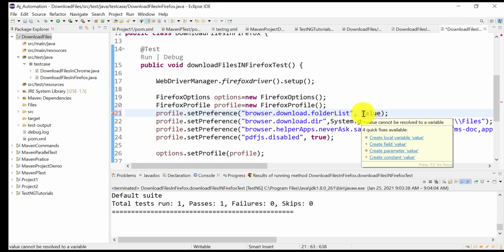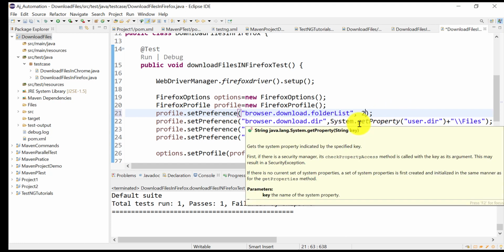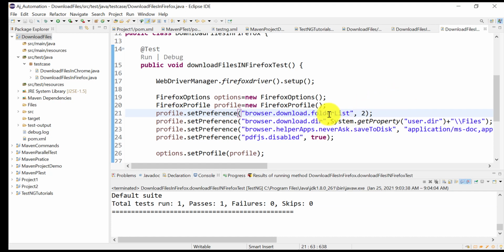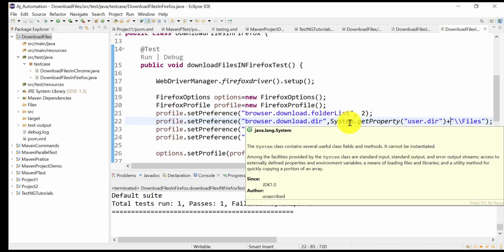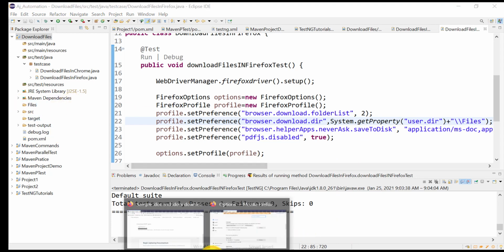If you set it to 1, it will go to the user desktop, and if you set it to 2, it will overwrite everything, like where we have previously saved the files, it will take that path. So maybe we should add this also, and I have set it to 2, and then it should set this path in the options, and it should solve that problem and save the files in the files folder.